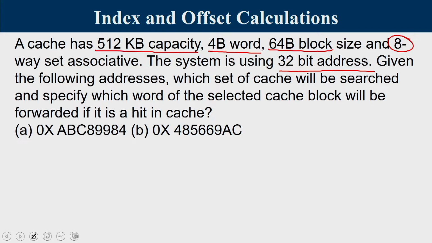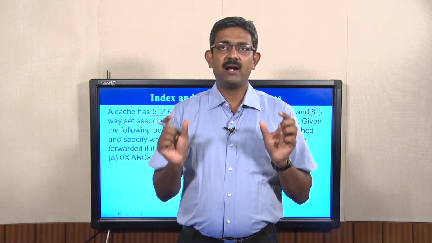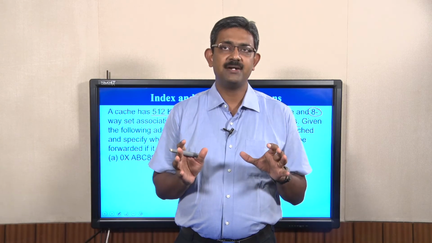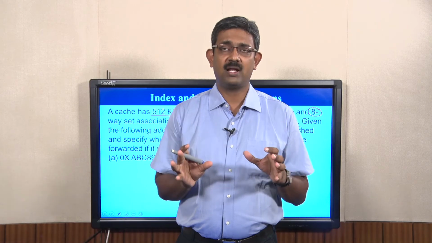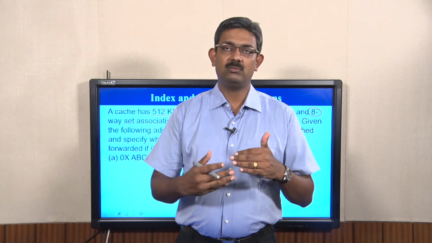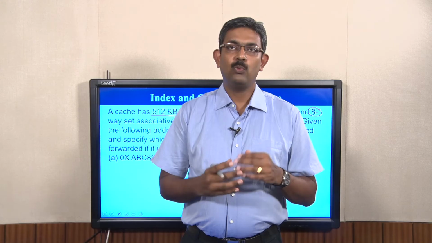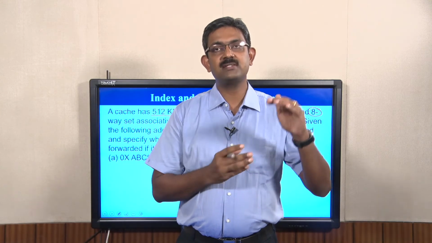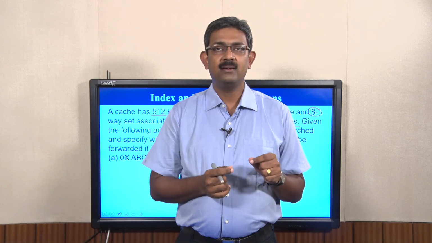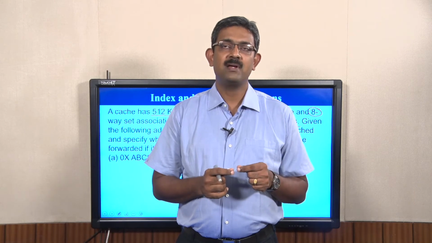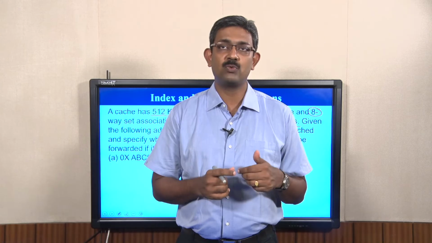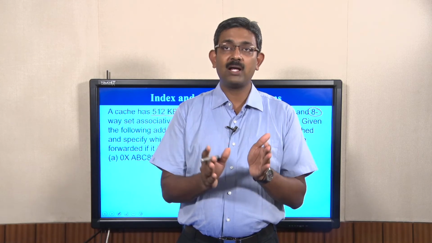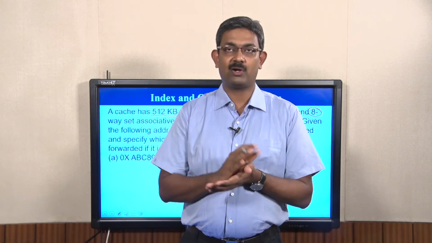Let me try to restate this question. Given an address and given a specification of a cache, we want to understand where in the cache memory the address matching happens. We are not searching in the entire cache. We know that cache is a very fast memory. It responds back to the processor request quickly because it localizes its search to limited locations.